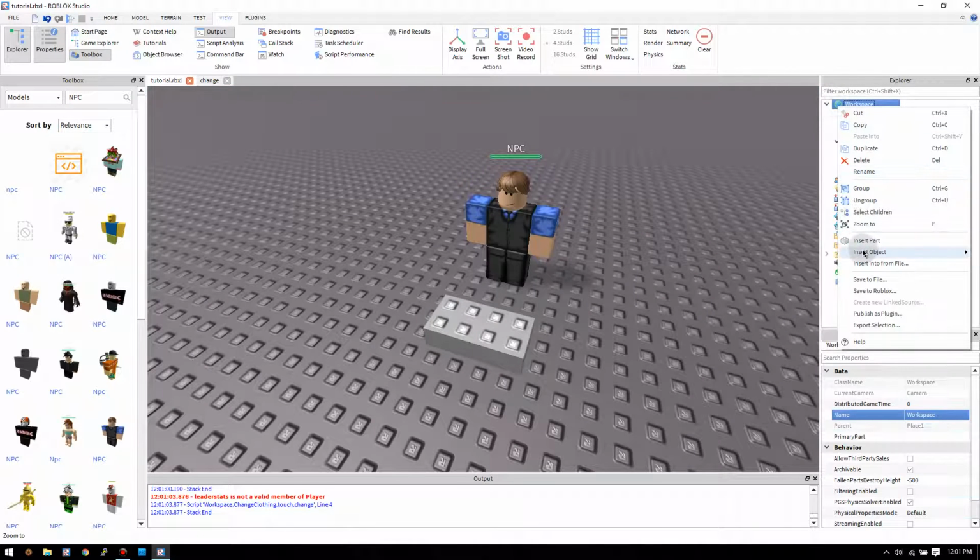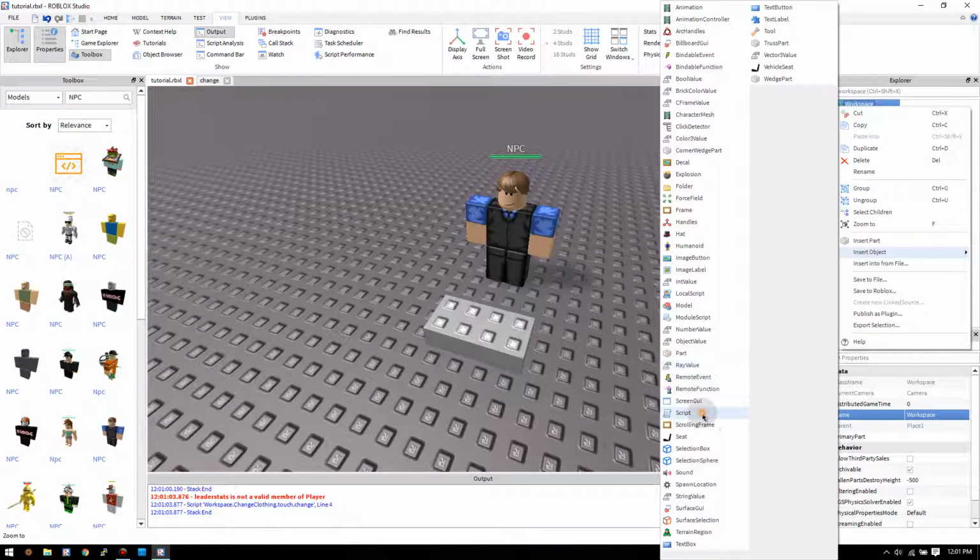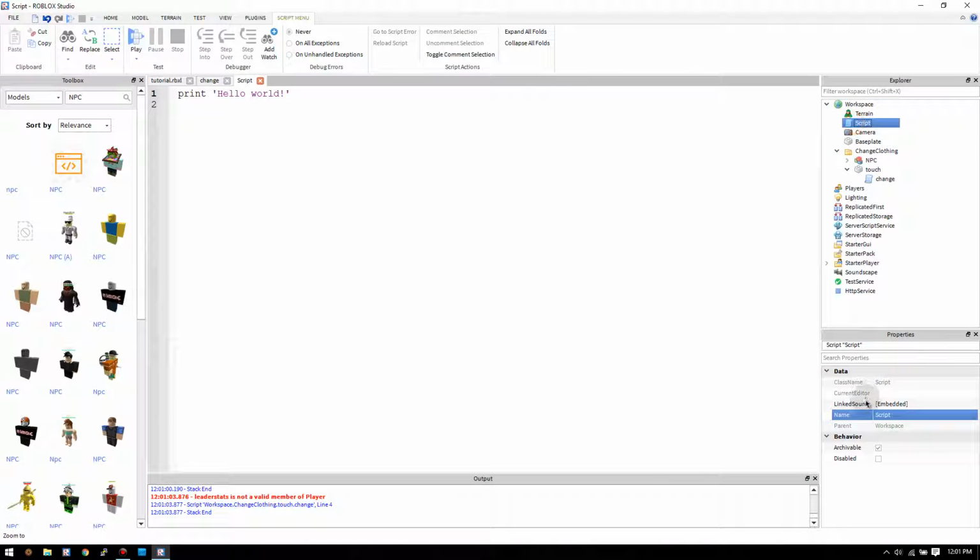Now, this is a little bit extra for this tutorial on morphs, but put it in. So a quick leaderboard here. Let's call it leader, B-O-A-R-D, leaderboard. So, we're going to say game.players.playerAdded:connect